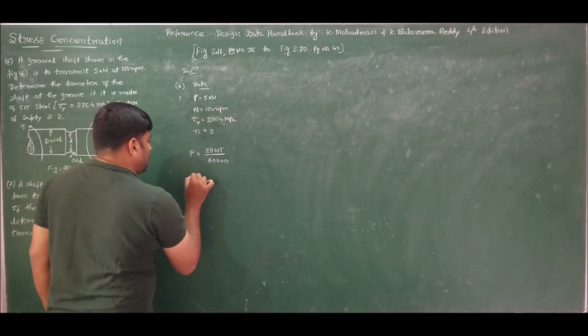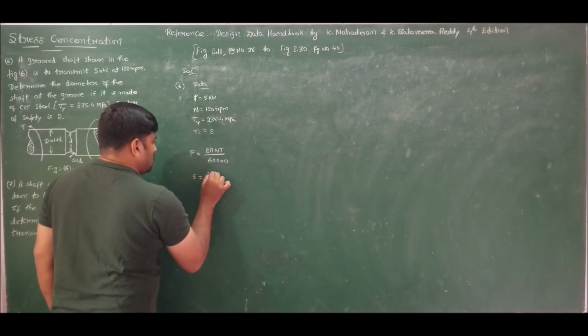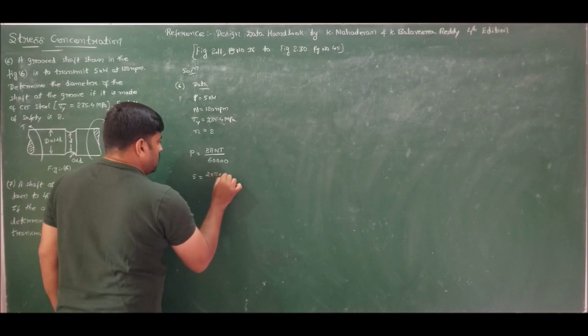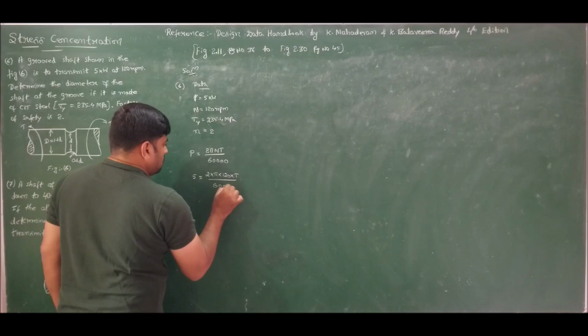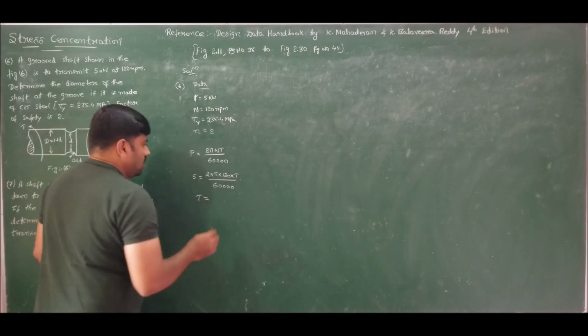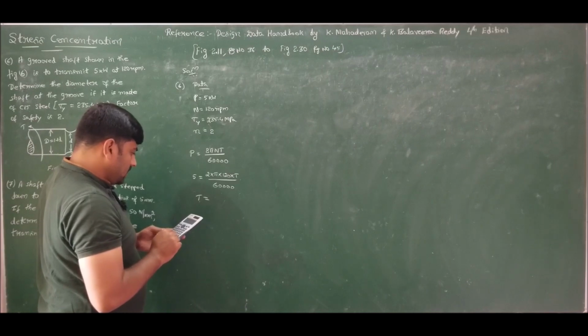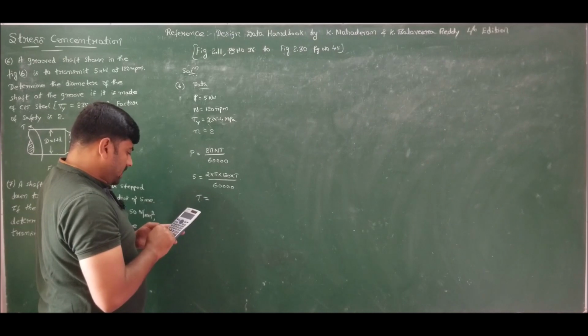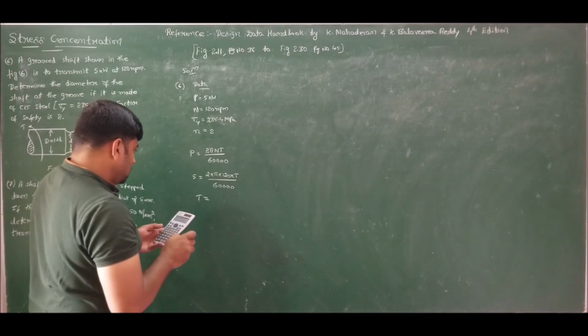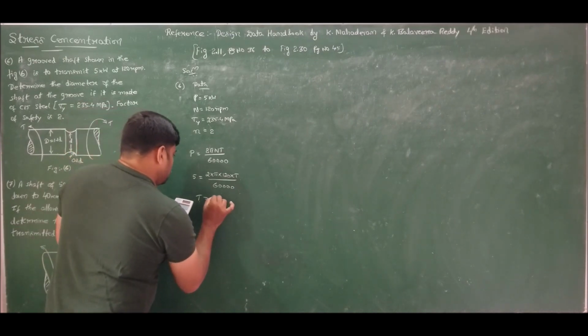Power is 5 kilowatts, hence 5 is equal to 2 into pi into 120 into torque divided by 60,000. So torque is 5 into 60,000 divided by 2 into pi into 120. Therefore the torque transmitted is